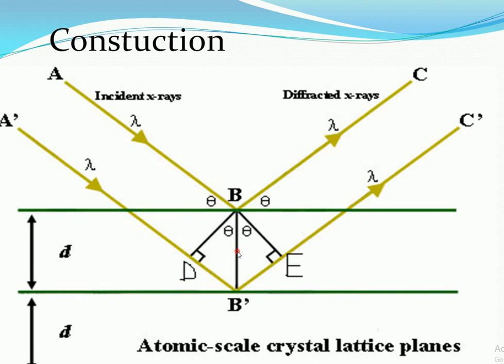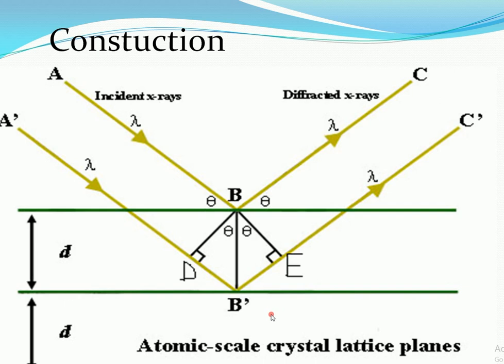To calculate the path difference, first we have to make some arrangement. Draw a perpendicular BD on the incident ray A' B'. Draw also a perpendicular BE on the reflected ray B' C'. So because of this, from the points B and D, the distances AB and A'D are the same, and from the points B and E, ray BC and ray EC' have the same distance.